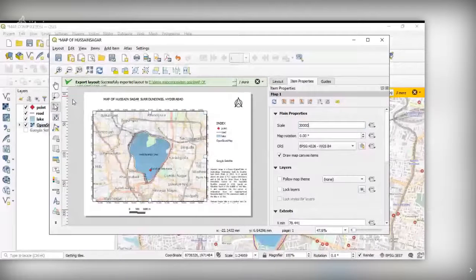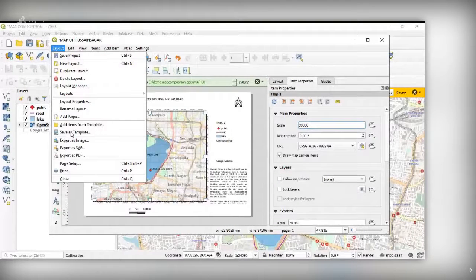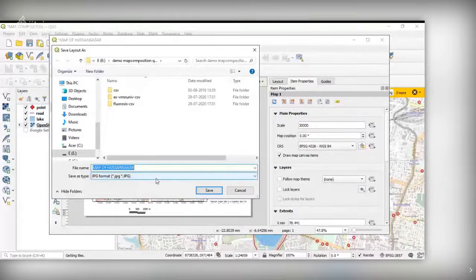So next we'll export as an image. For images, you have several options: BMP, JPG, PNG. For the time being, we'll save it as JPG.